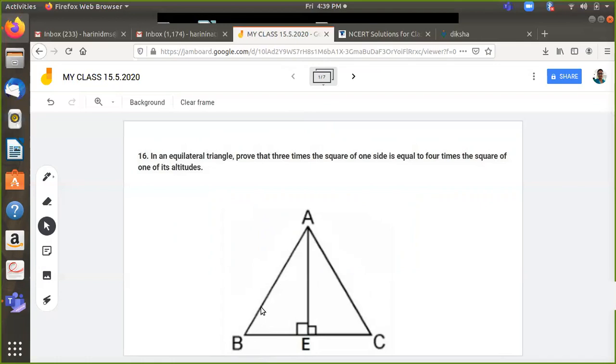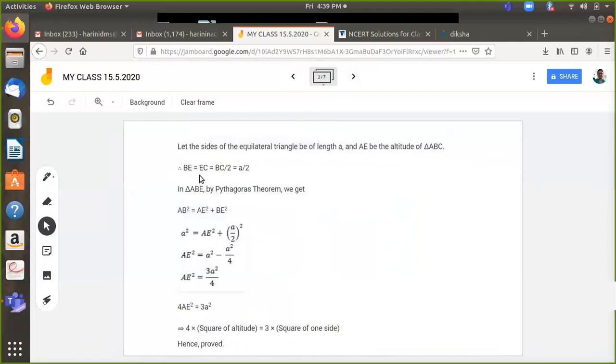In triangle ABE, AB square will be equal to BE square plus AE square, which is what I'm trying to substitute. So AE square itself plus BE, which is half of the side BC, so A by 2 the whole square. When I substitute AE square as A square minus A square by 4, that is 1 minus 1 by 4, that is 3 by 4 A square. So your A square becomes equal to 3 by 4 times A square, or when I cross multiply, I get 4 times AE square is equal to 3 times A square, which means